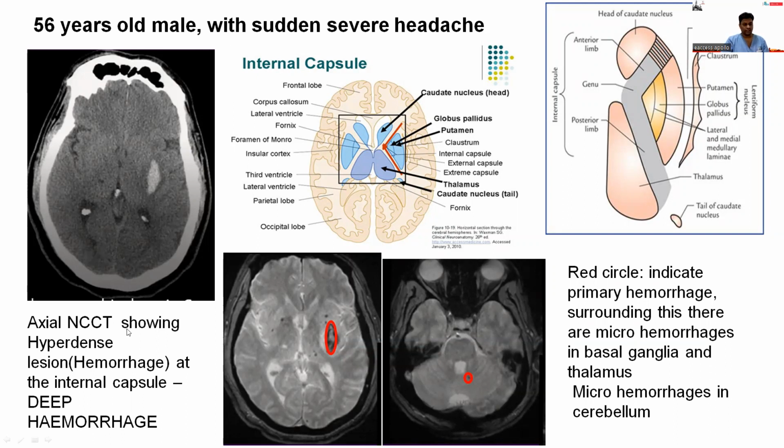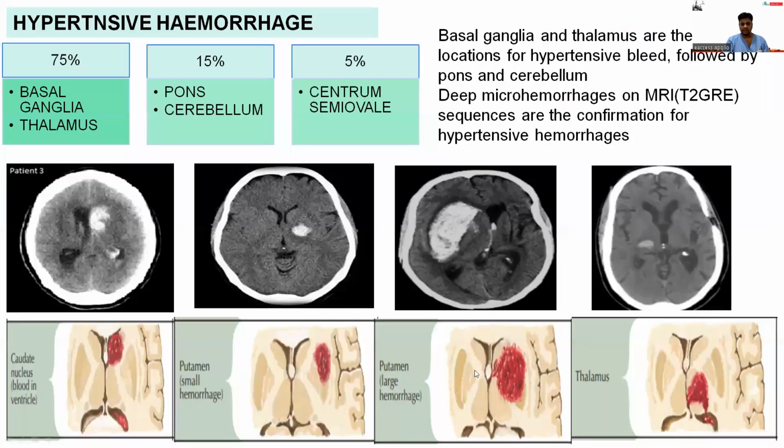Now we will see a patient who is a 56-year-old man with a sudden severe headache. NCCT was done as usual, and it shows hyperdense lesions at the internal capsule. So this is a deep hemorrhage, and we also see these red circle areas in the MRI, which are at the basal ganglia and thalamus, and this is a microhemorrhage which is seen in the cerebellum. So, hypertensive hemorrhages,